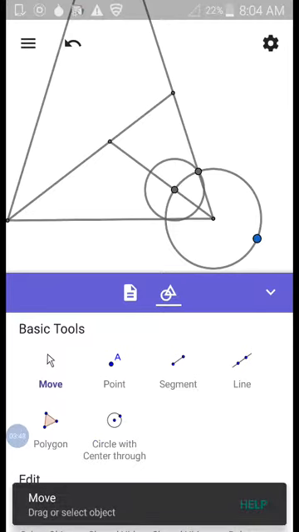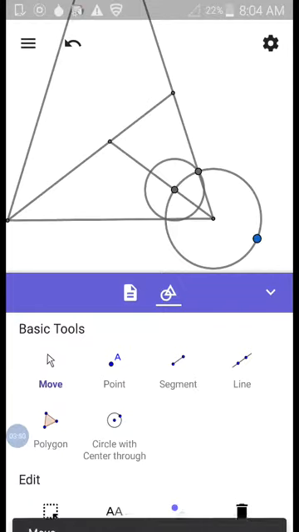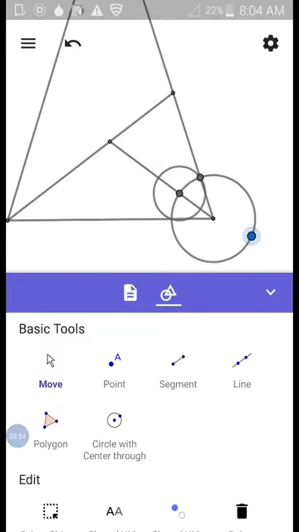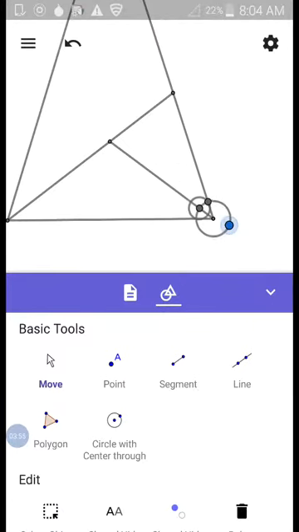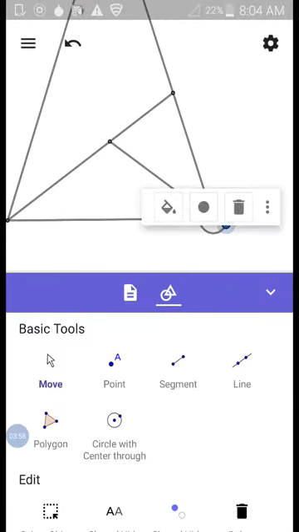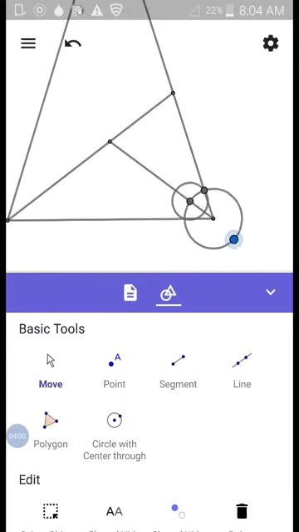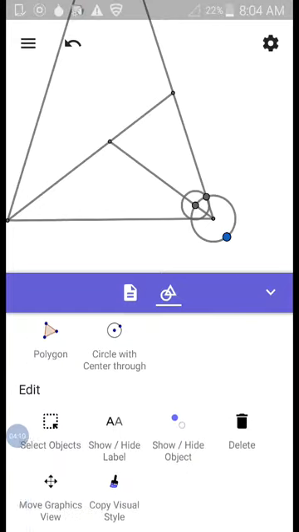Now, GeoGebra is dynamic. It helps if you make your circles relatively small. So we're going to make that circle a little bit smaller. And the smaller you make them, the more it's going to help as we go along, because the triangles are going to get smaller and smaller and smaller. Okay, so having done that, we now